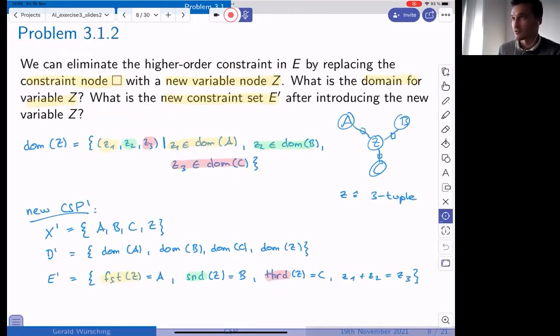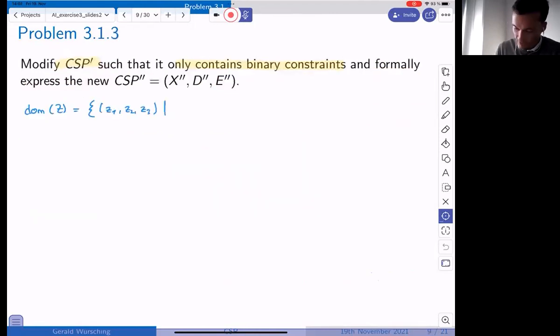This is pretty simple, because we're just going to add it to the domain. So the variable Z consists of a tuple of 3 components, and the first condition is Z1 plus Z2 has to be Z3.